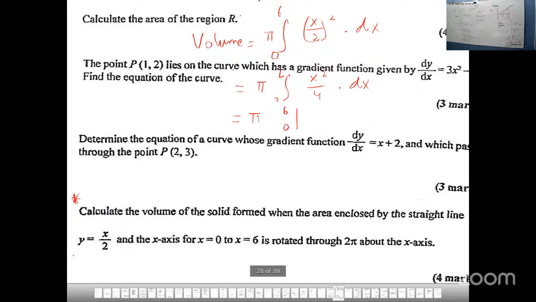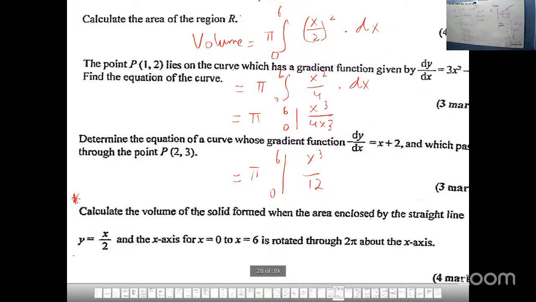Right? X squared over 4, that'll be x cubed over 4, and remember, you have to multiply that by 3. So that'll be pi between 6 and 0, x cubed over 12. Remember, if you're not sure, you can pull the 4 outside the integral as a quarter. And then plug in